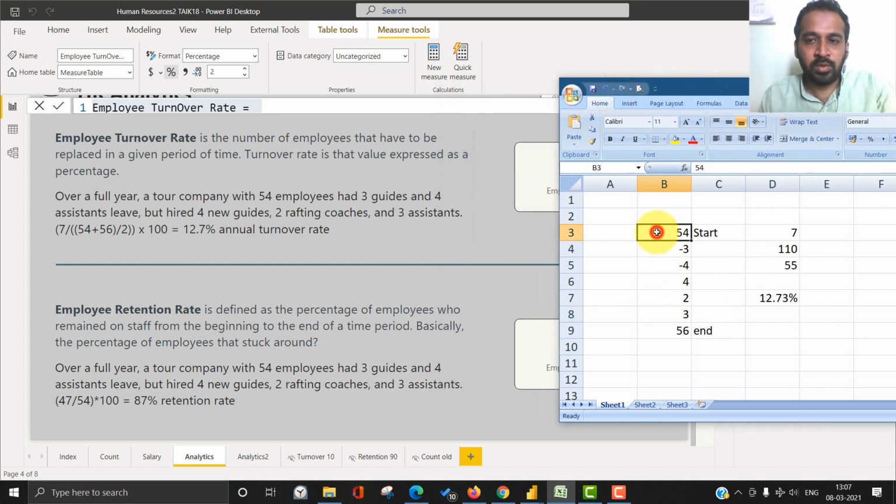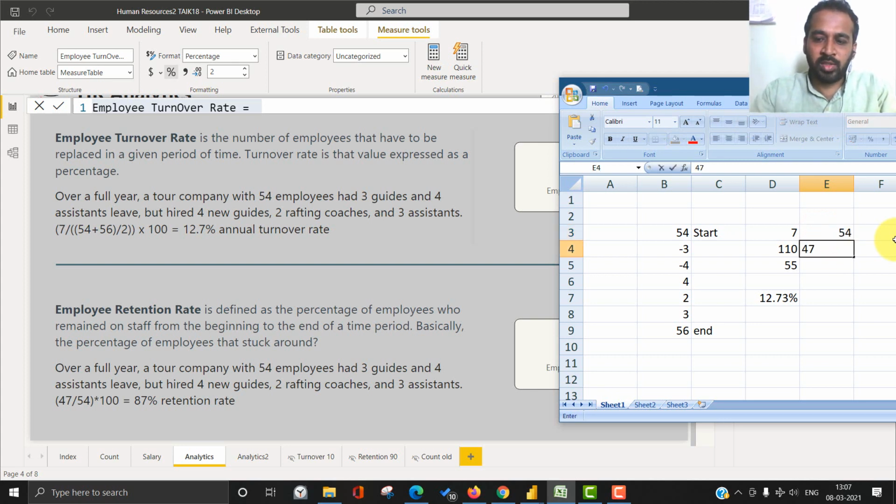So 54 minus 7 is 47, right? Yes. So 54 minus 3 minus 4, it's 47. So what we say is by the start of the year we had about 54 employees, and by the end of the year we had only 47 employees who remain in the company.